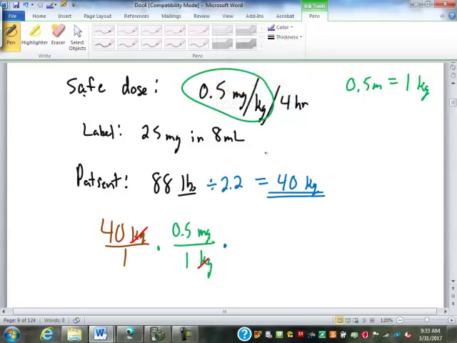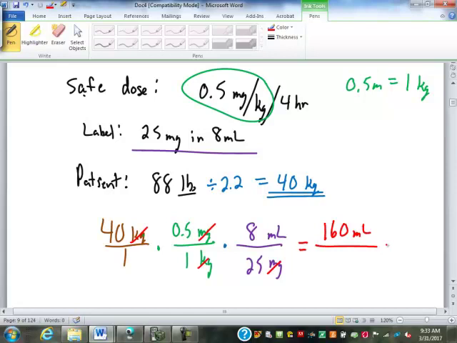But next we have 25 milligrams in 8 milliliters. So I'm going to put milligrams on bottom to get rid of them. Going to 8 milliliters. So 25 and 8. Milligrams are gone. So now we can find how many milliliters we would administer to that patient. 40 times 0.5 times 8 milliliters is 160 milliliters. 1 times 1 times 25 is 25. What does that come out to be? 6.4